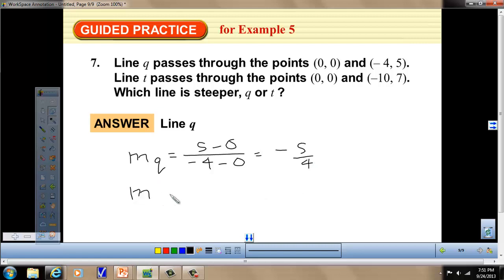And we're going to look at the slope of T, which again we take y2 minus y1, which is 7 minus 0, and then we do x2 minus x1, so negative 10 minus 0. We get a negative 7 over 10,